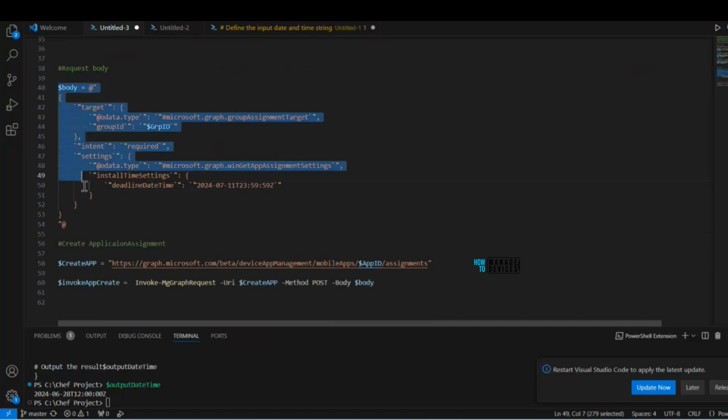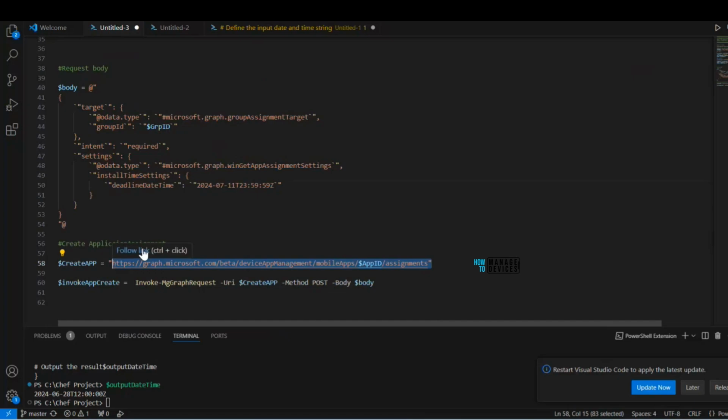And always remember, this request body has to be in this format. It has to be in the JSON format. If not, even the PowerShell code will not work. All right, and now I will have maybe a new URL which would be capable of doing the